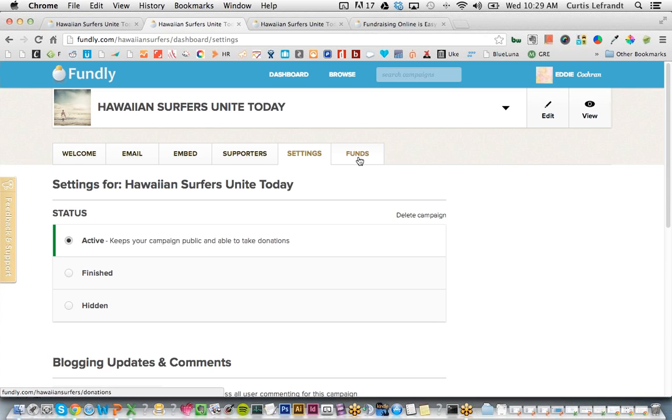And then last but not least, we have your Funds tab. And this is where you have access to all of the donor information, all of the funds that you've received up to this point in time will be stored here. And as I mentioned previously, this will give you all of the key information on donors, including the date they donated, their first and last name,